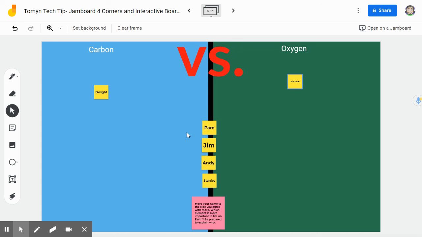So you have them go to this specific area that they want to choose, but then you're not done. You want to make sure that they explain themselves and they're sharing that thinking that goes along with